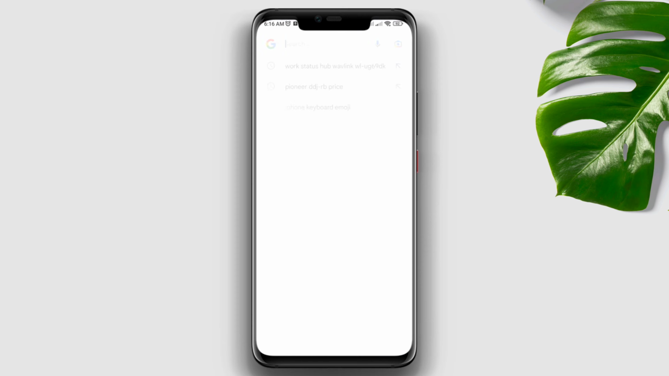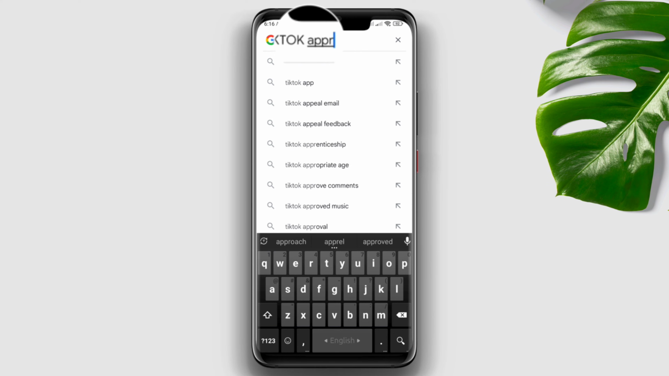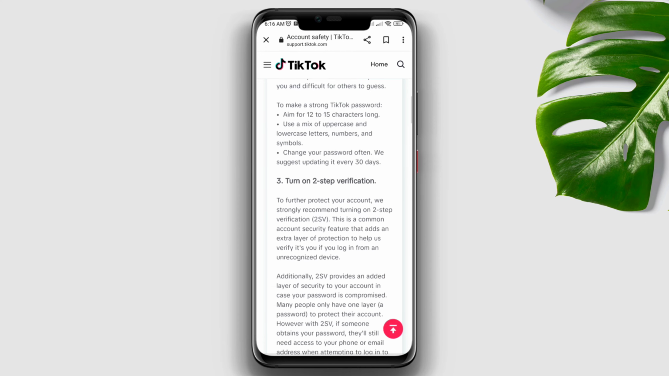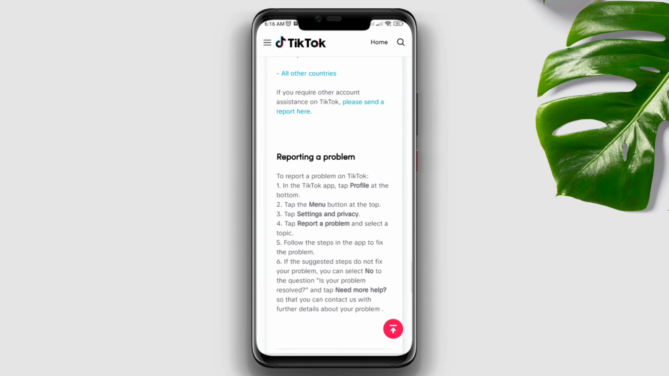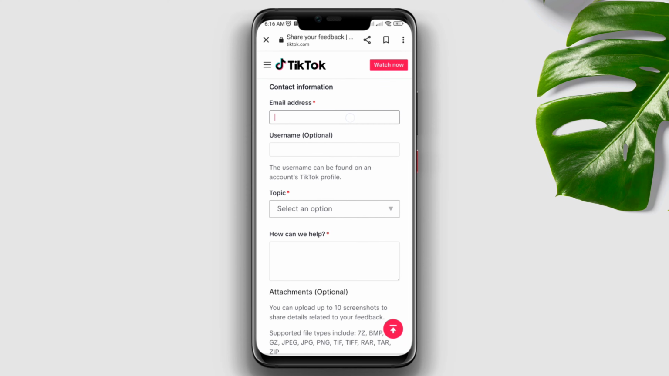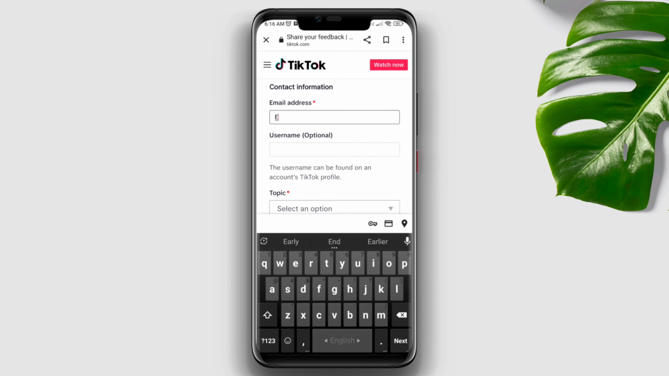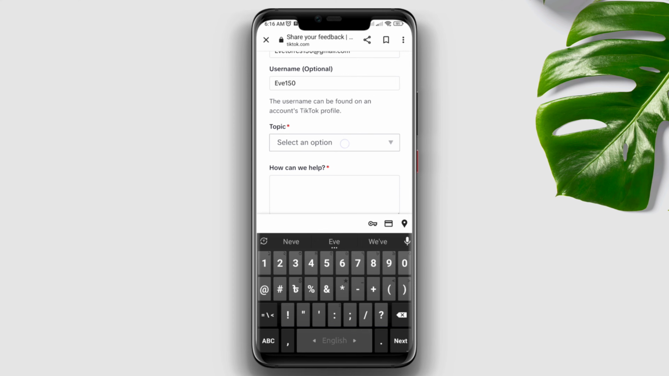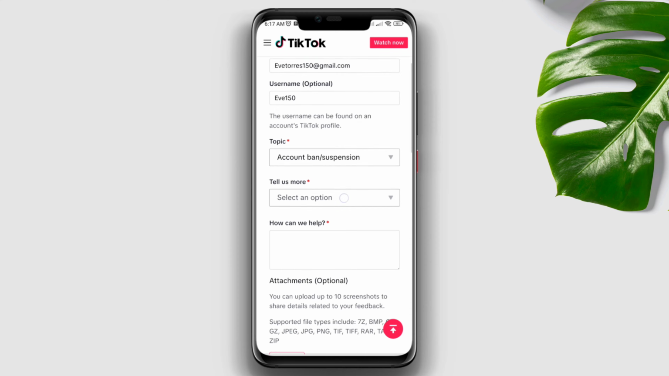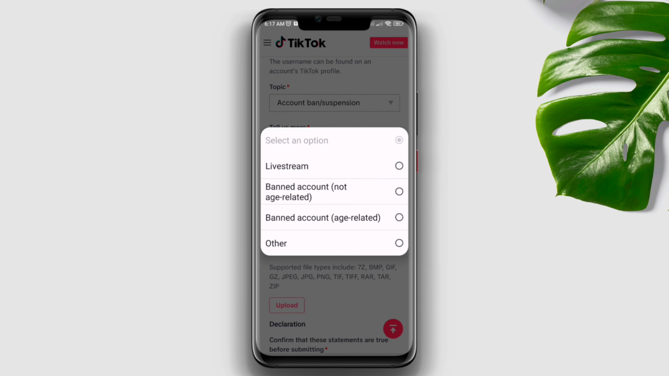You can open your browser, tap the TikTok appeal, tap Account Safety, scroll down to the bottom, tap Please send a report here. Now fill out this form very carefully. First, you need to add your email, username, choose to select an option, select account ban or suspension, tap select an option, tap ban account not age